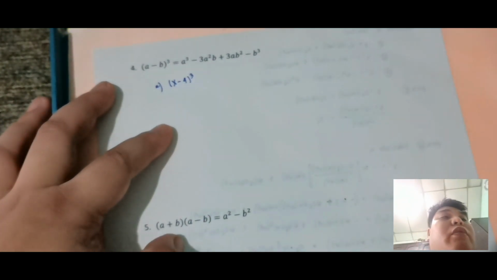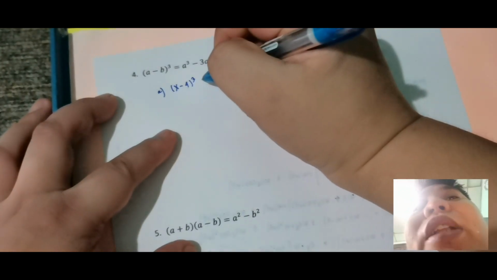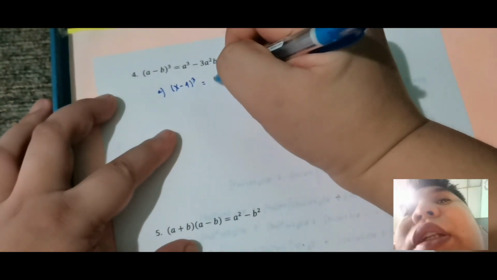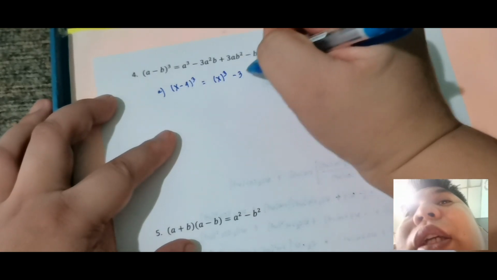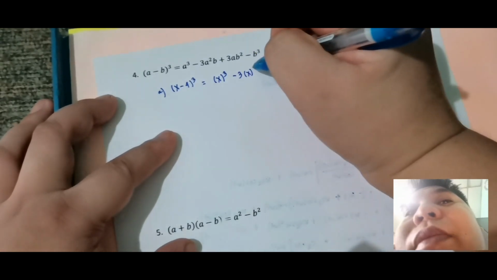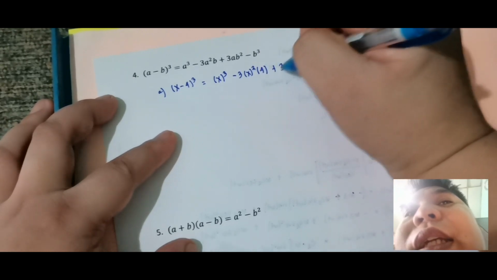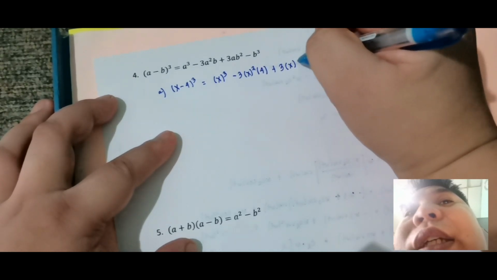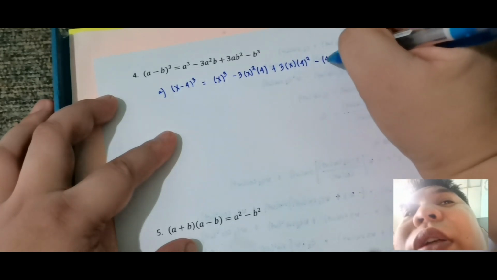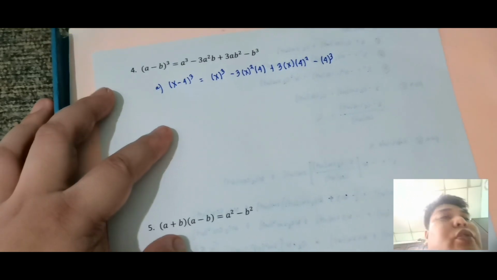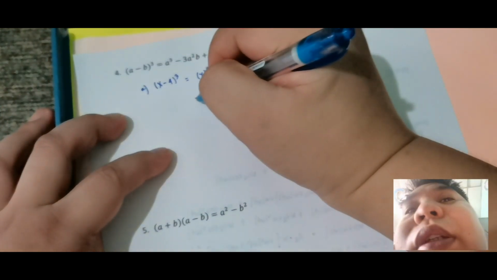Okay, so ang gagawin ko without using yung a and b, hindi ko lalagay yung a and b. So assuming na kabisado mo na. So that is x cubed or x raised to 3 minus 3 times x squared times 4 plus 3 times x times 4 raised sa 2 minus 4 raised sa 3. So tinatanda ko lang, ito yung a, ito yung b. Next, this is equal sa x cubed